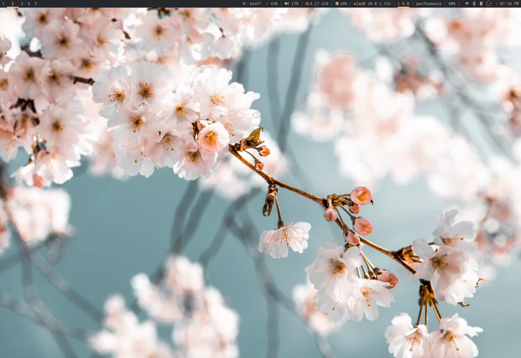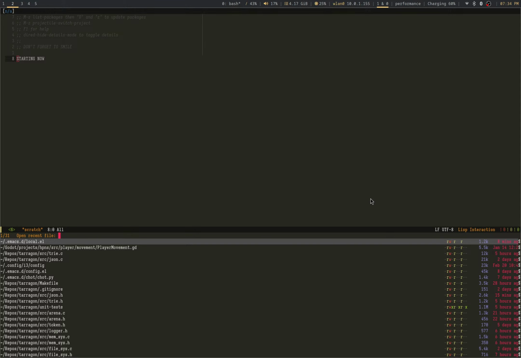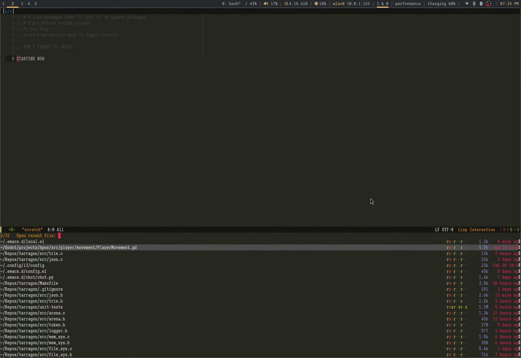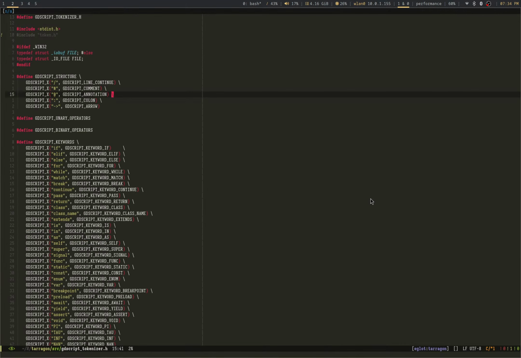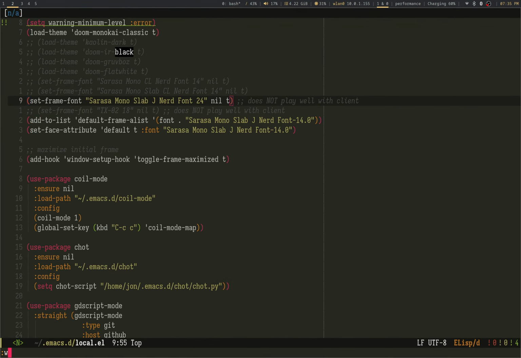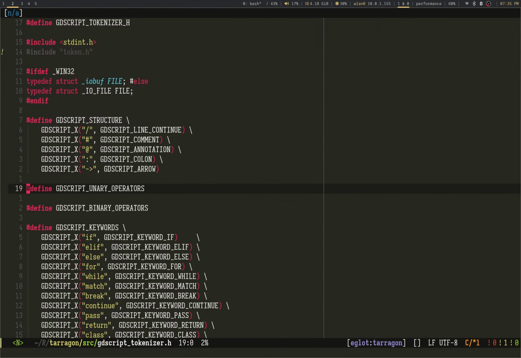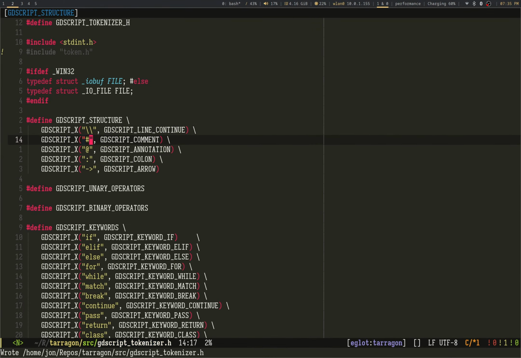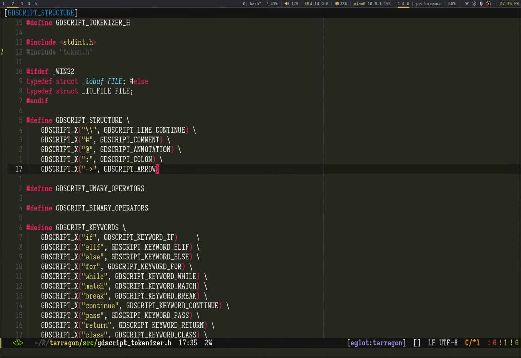Every now and then, I accidentally quit, and I just assume I have multiple buffers open. Oh right, because I need to restart for my local changes to take effect. There we go. I think the line continue is actually that, which is gross. It's definitely gonna be fun to parse strings with.